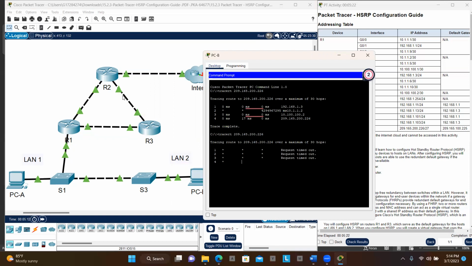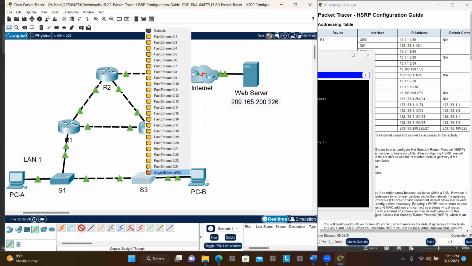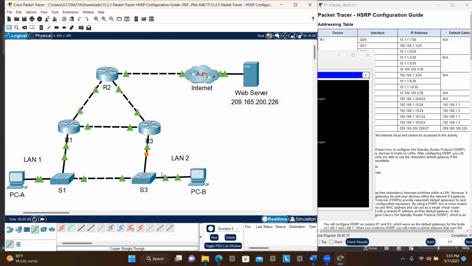Let's go ahead and connect this cable back. Just a straight-through cable. Start from here to there. Okay. So after the link is restored,